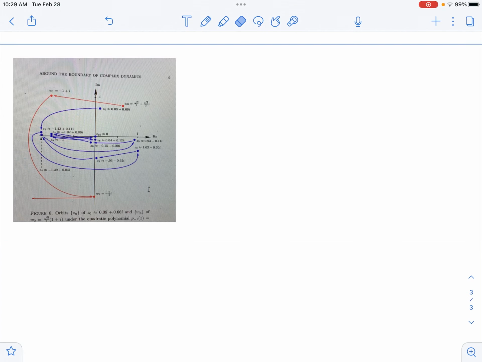All right, for the next example, we're looking at the map P_c of z, where c is equal to -1. That is, we're thinking about p of z being equal to z squared minus 1. And I've pulled over the picture from the Rotor notebook so I can explain what's going on here. If you seed this map with a couple of initial points, the initial points that we're considering are this point and this one. You can see that those points are pretty close together,